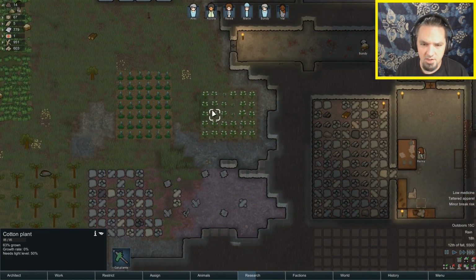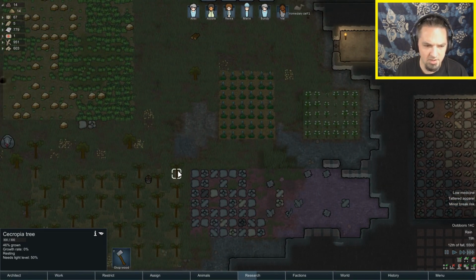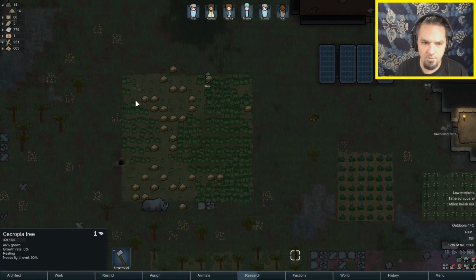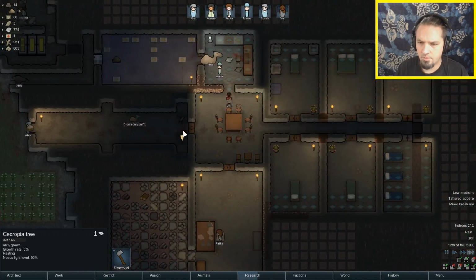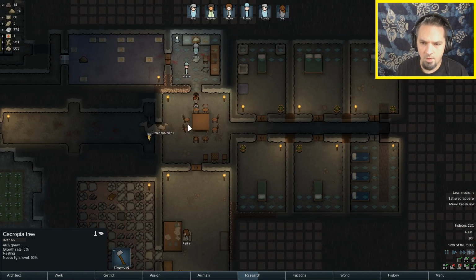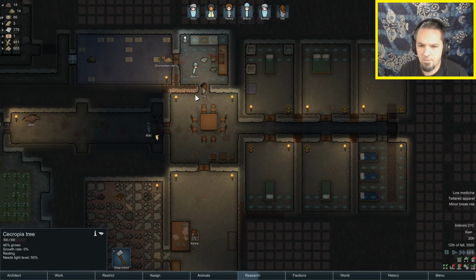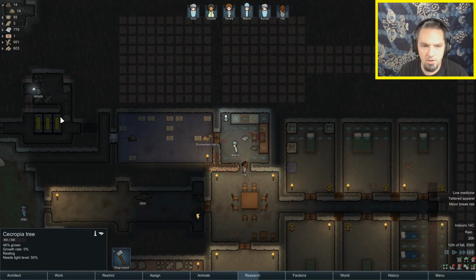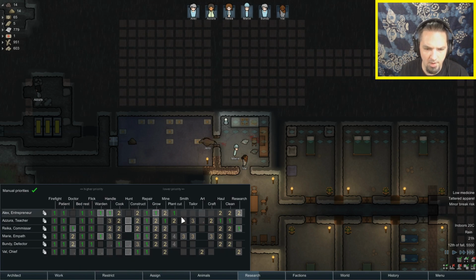All right, so it looks like 63% grown, not bad. How are our trees doing? 46. We can deal with that. But I think what I'd like to do here is go ahead and put half of our group on mining. Anybody who's not... Let's see, we've got...